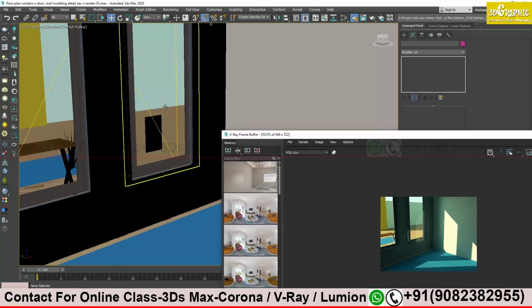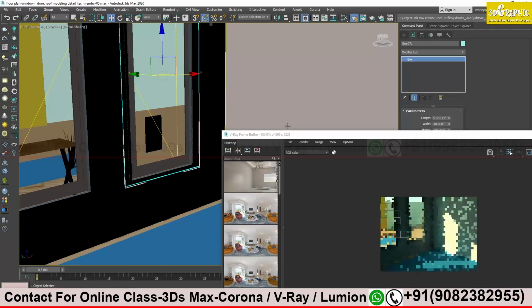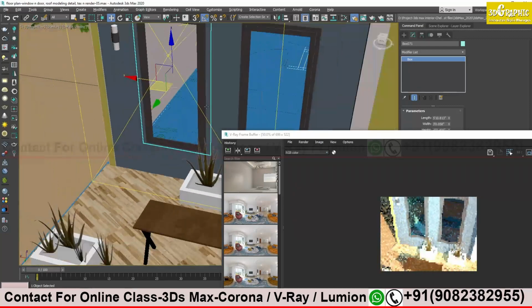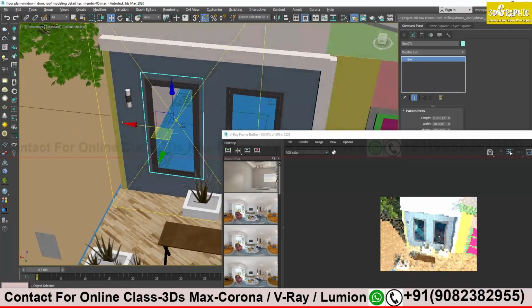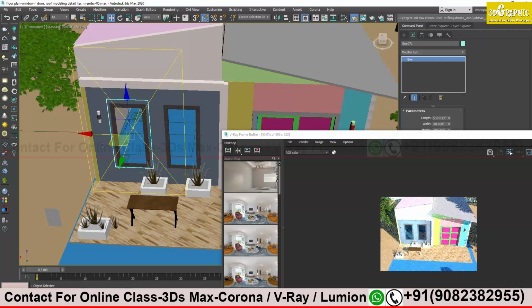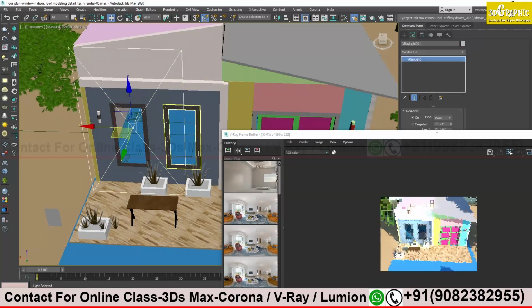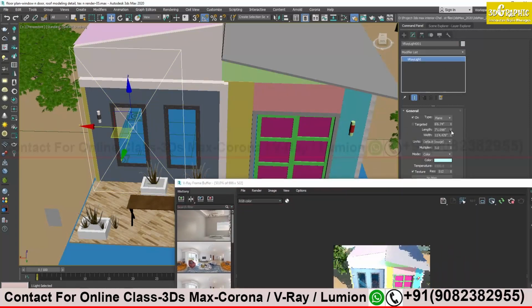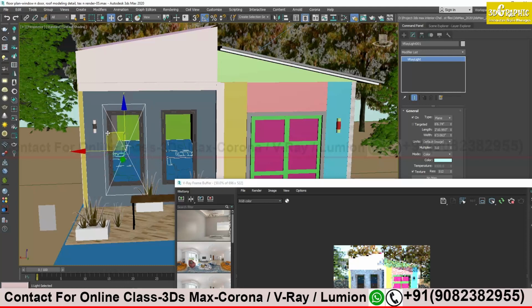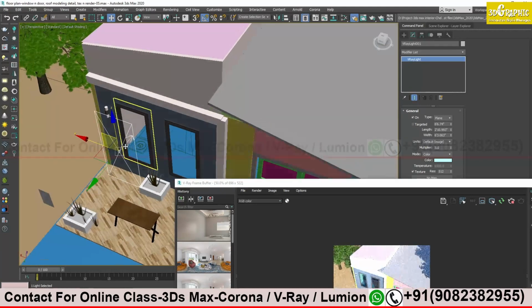To illuminate the interior, light should be there. We use this kind of plane light outside my window. See this, we just adjust the size of the light as per the size of the window, and we keep it like this outside the window.